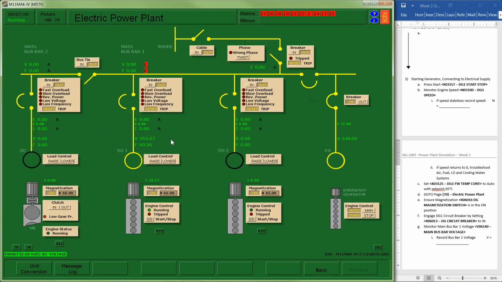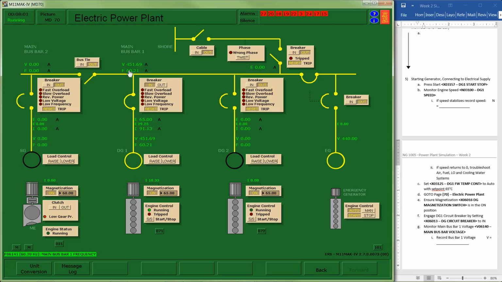So the electric power plant is on page 70. What I have is a number of different spots where I can supply power. This is my diesel generator 1, which is operational, and it connects through, and I have an electrical breaker. So this is showing the pathway of electricity. In order to connect it in this ship, I'm connecting in my breaker,